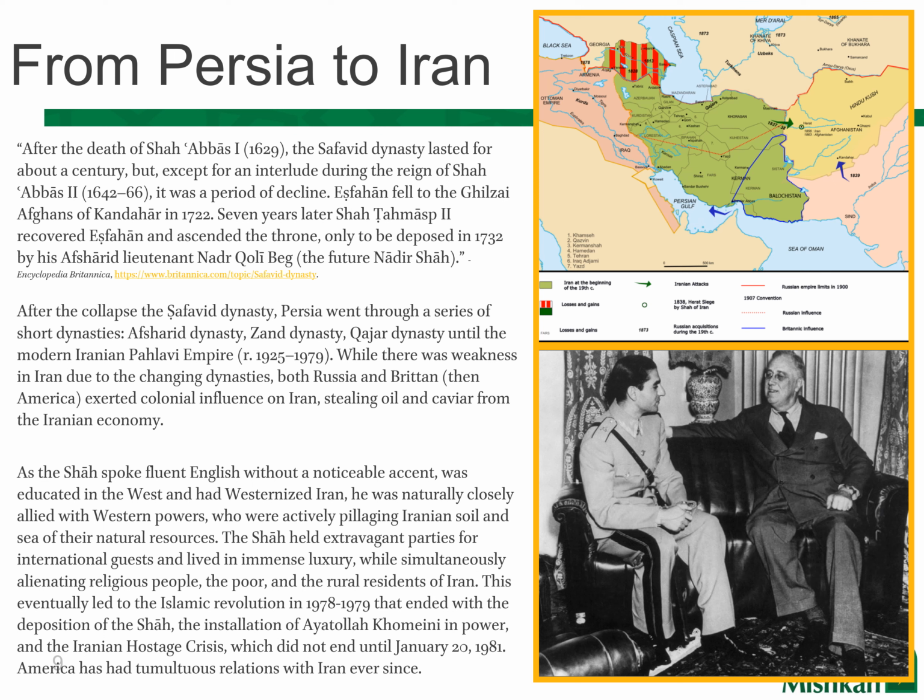So after the death of Shah Abbas I in 1629, the Safavid dynasty lasted for about a century, and it was a period of decline. Isfahan fell to the Ghilzai Afghans of Kandahar, and then Safavid Persia collapsed, and you went through a series of short dynasties. You had the Afsharid dynasty, Zand dynasty, Qajar dynasty, and then you got the modern Pahlavi Empire,